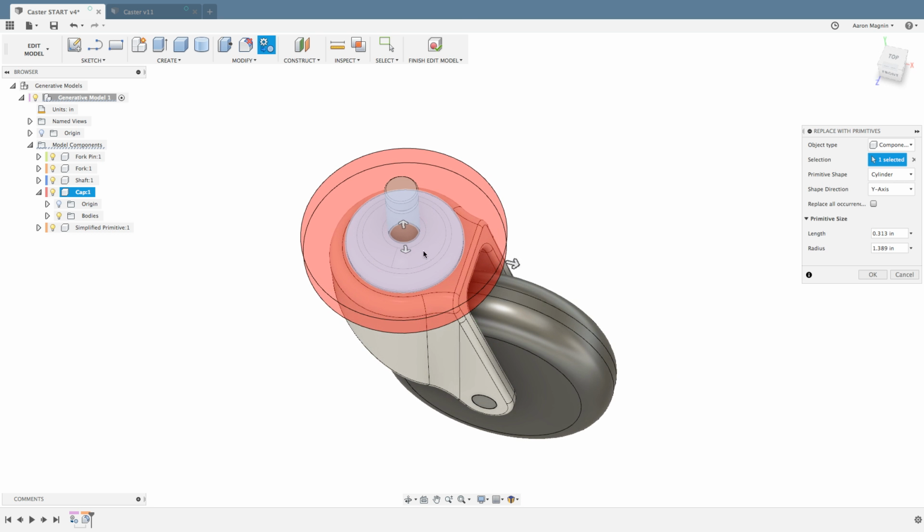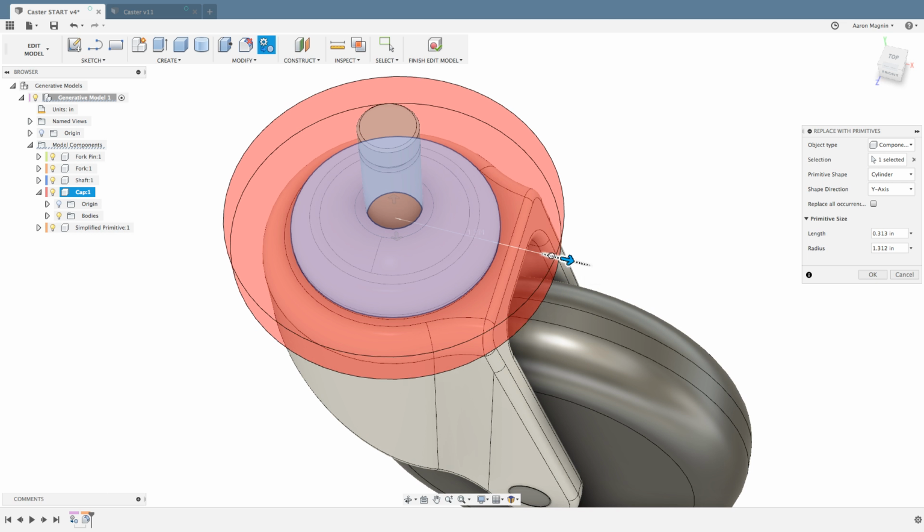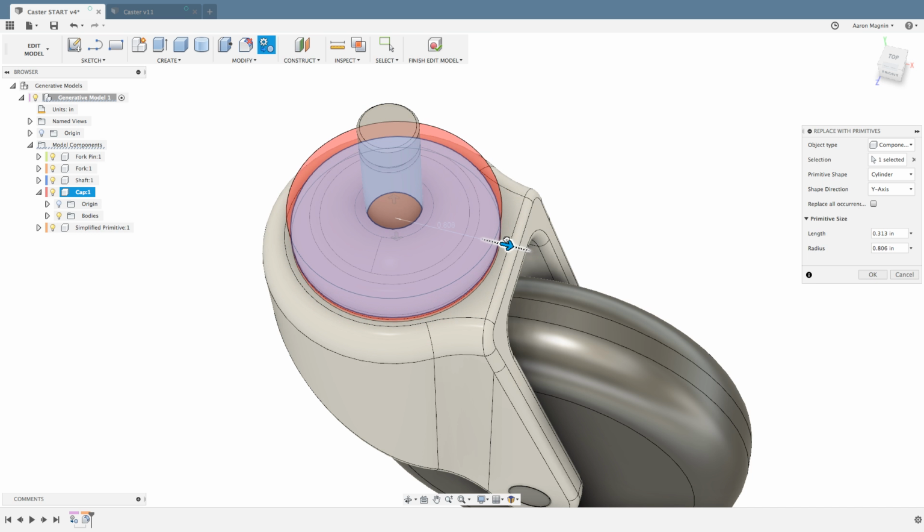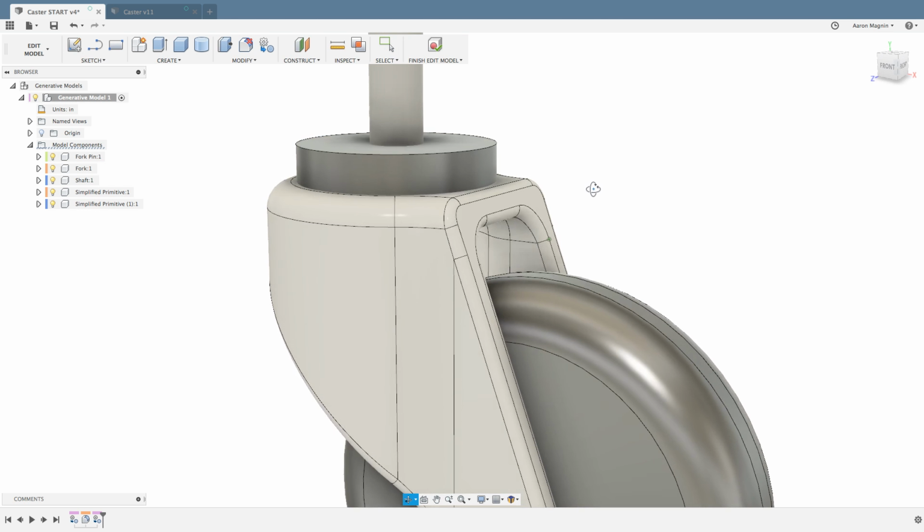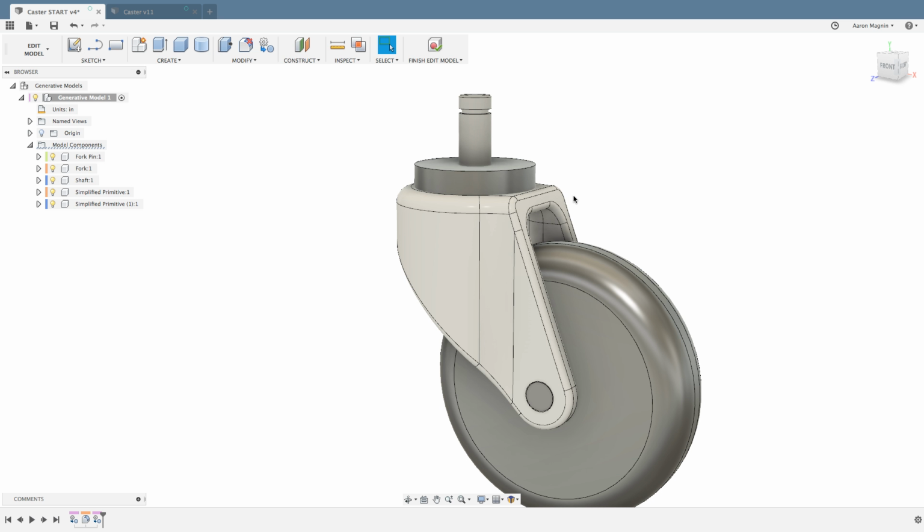Again, it makes it larger than it needs to be, but we can drag this back, and we can get this pretty close to the original shape. But I don't want to be too close. I want to build in a little bit of tolerance into this. So just like that, we've replaced two very complex parts, and now we're moving along and setting up these obstacles